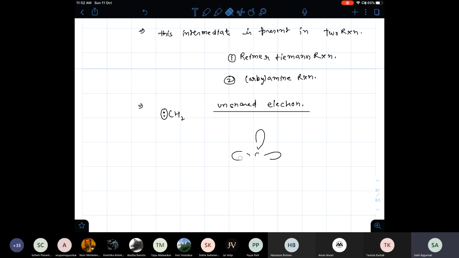इसको पहले लिख लेते हैं. These two electrons can be present together as paired electrons